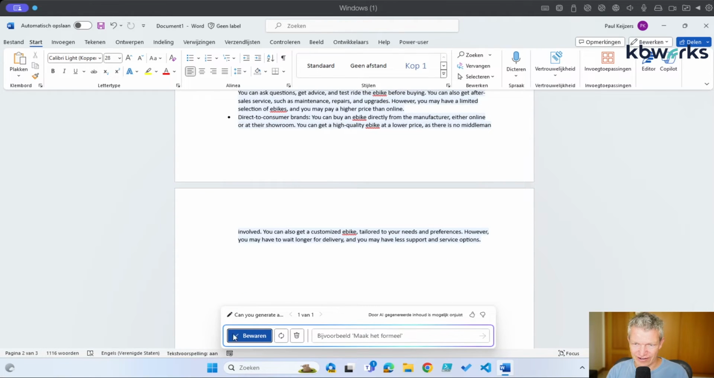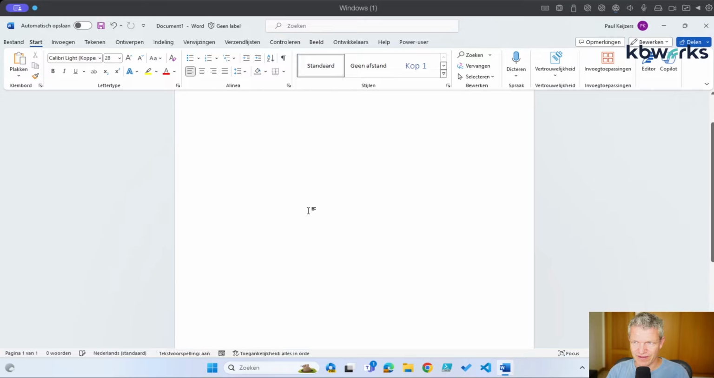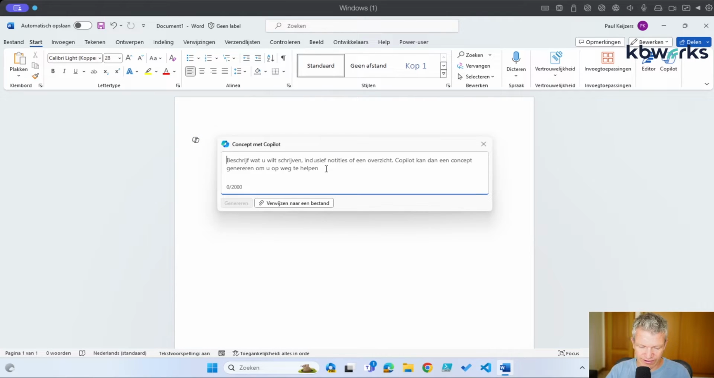So now it's ready. So now I can say, okay, I want to save it. I can regenerate the Copilot, so it will generate a different text, and I can tell it to make it more formal or in another way, but I can also just delete it, which I'm going to do now. So I'm going back to the top, I'm going to click on the icon,